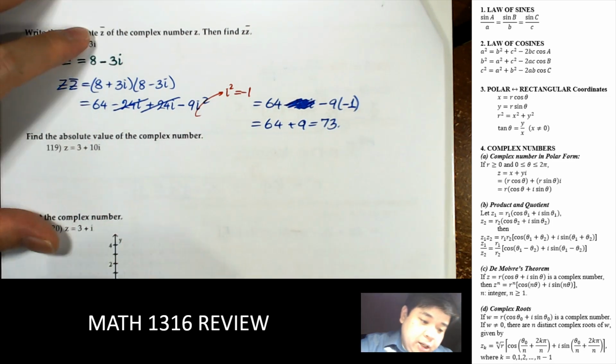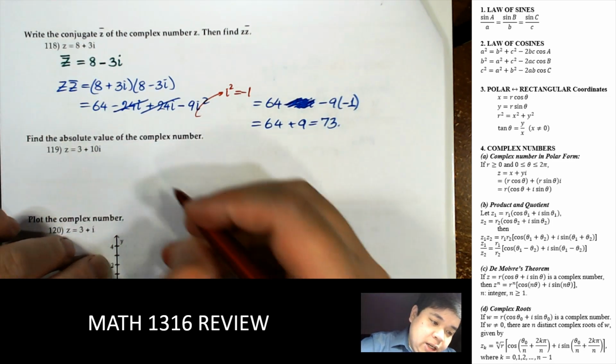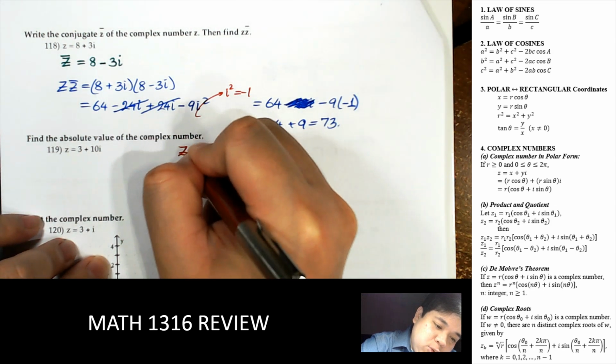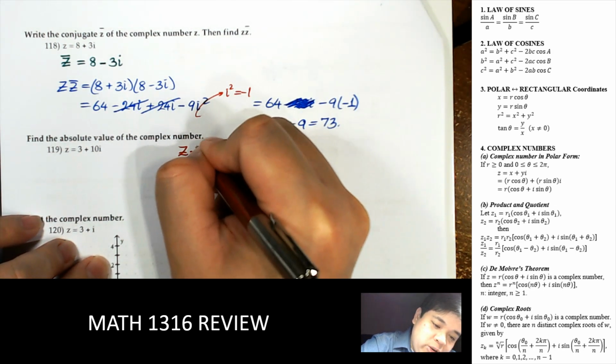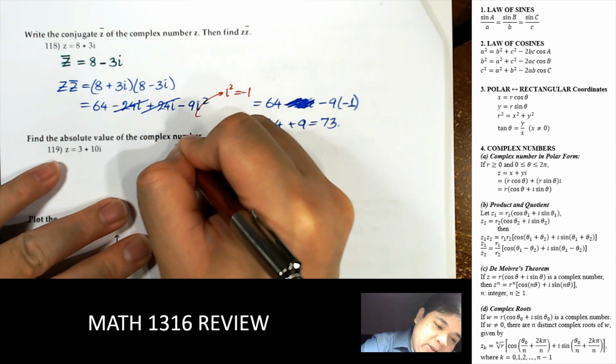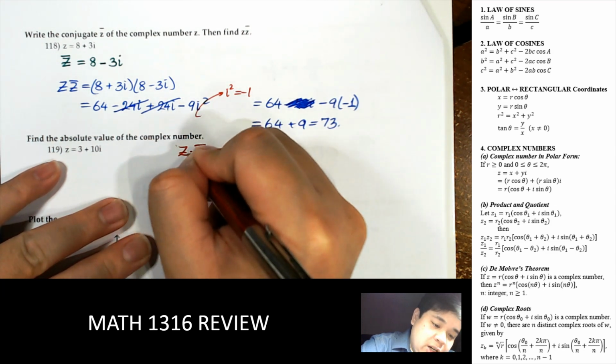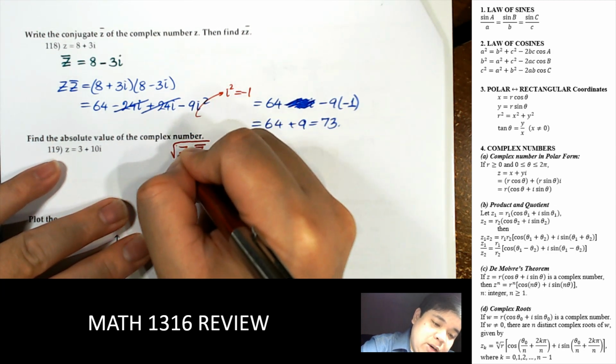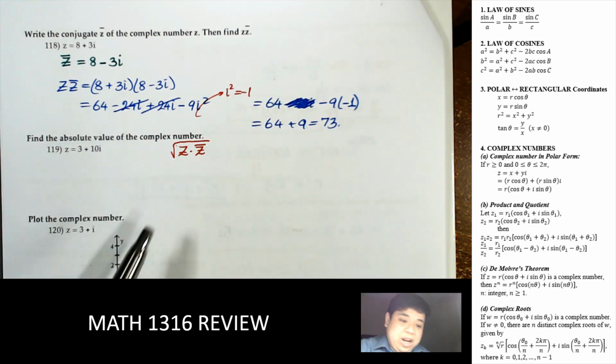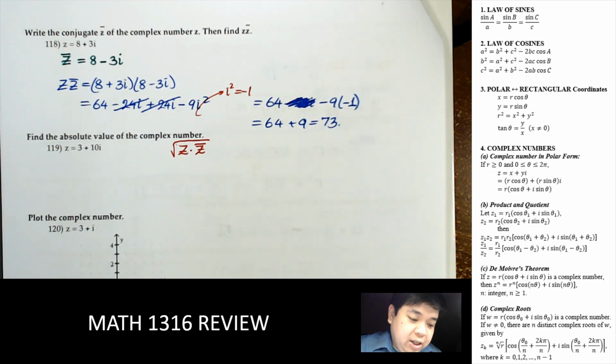Right. So the absolute value of the complex number, or the modulus, can be defined as the square root of the product of a number and its conjugate. So we can do that. Or if we write this